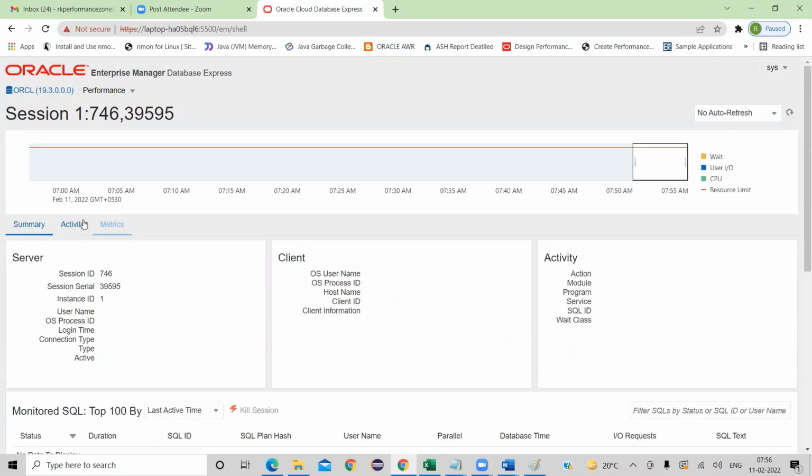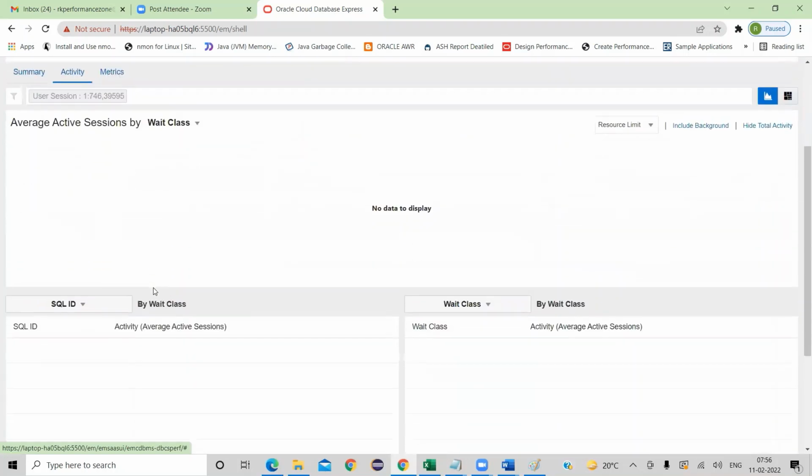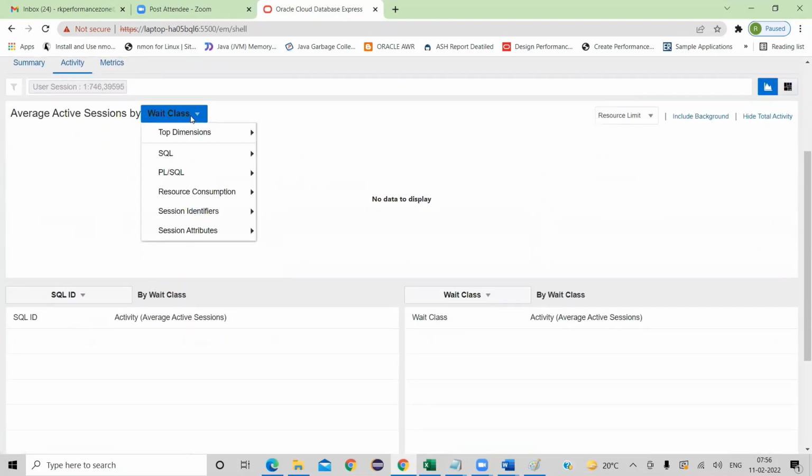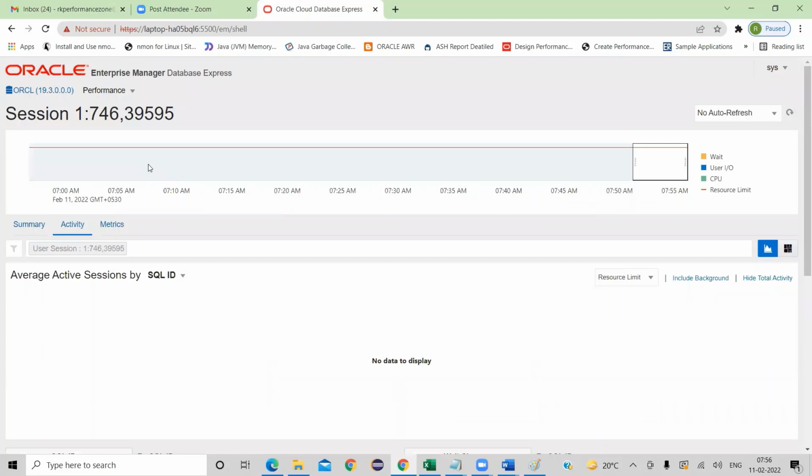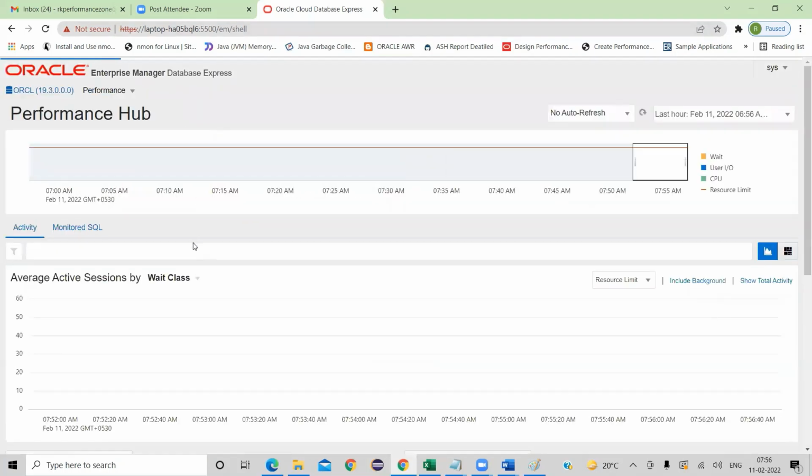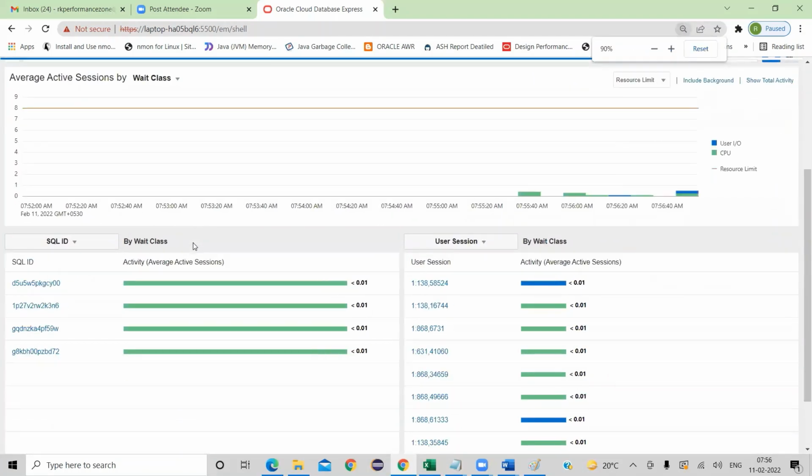You can also see the activity, and you have different types of these things here, like average active sessions by SQL query, SQL ID. As of now, it's a dummy database with no data created, but in our sessions, we'll create a database with data, and we will show you what you can see. Even if you want to see some of the high load SQL statements that are problematic, you can click on them. Let's say this is one of the SQL IDs. If I click on here,